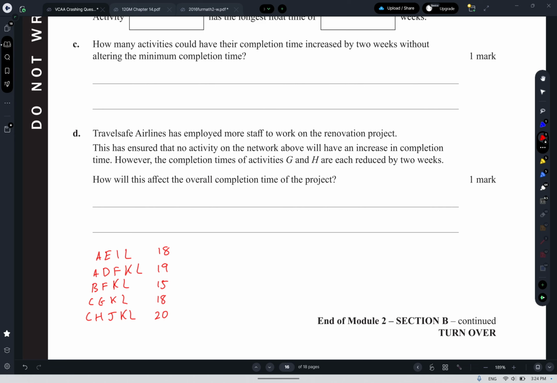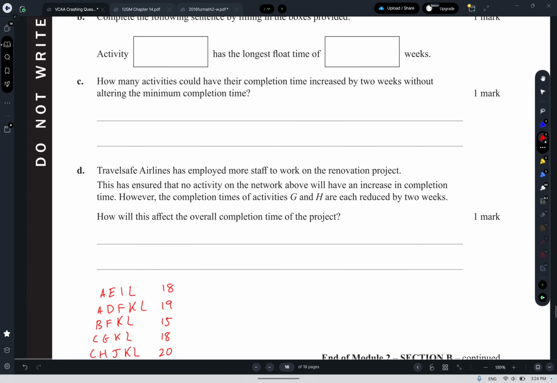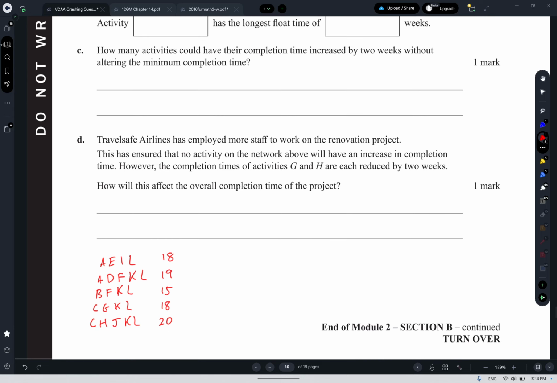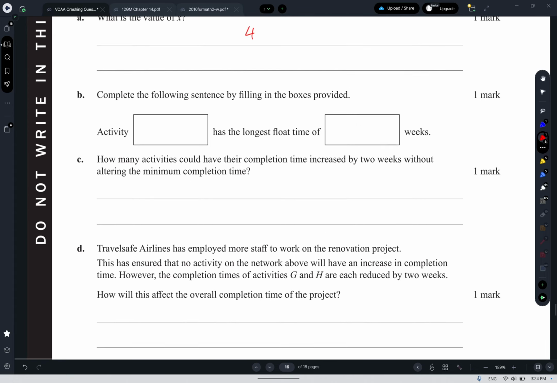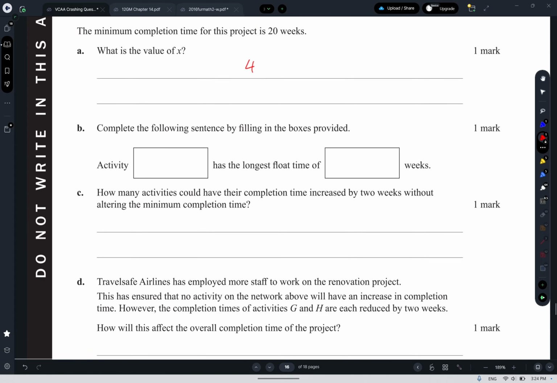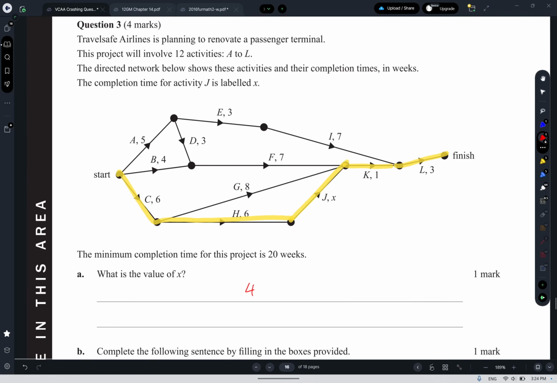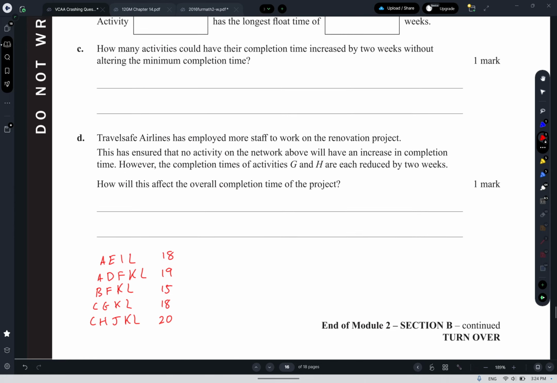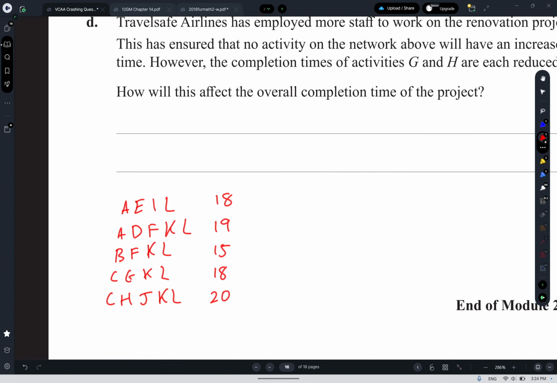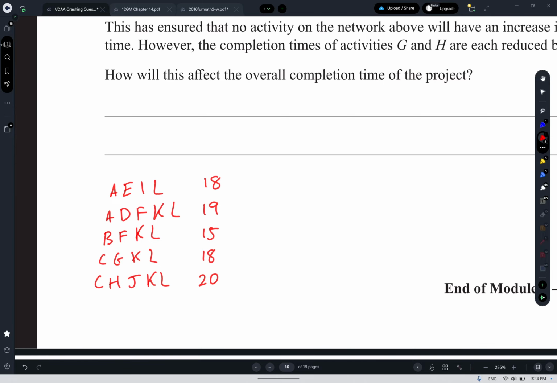That comes from using your reading time wisely. So you should have probably read ahead, seen, yep, I'm going to have to do some reduction in completion times, and I'm going to have to write down all my paths, so it's going to help. So we want the longest float time, and we've got how many activities? 12 activities. So C, H, J, K, L all have floats of 0, and